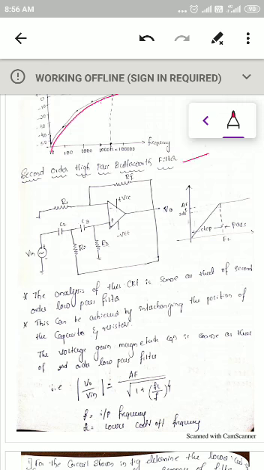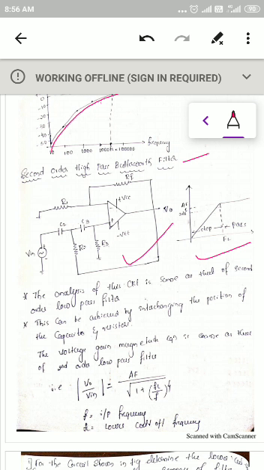So this is the second order high pass. In the previous class we discussed the first order high pass Butterworth filter. This is a second order high pass Butterworth filter. This is the equivalent circuit diagram of a second order high pass Butterworth filter, and its frequency response characteristics: a high pass filter passes the higher frequency signals and blocks the low frequency signals.